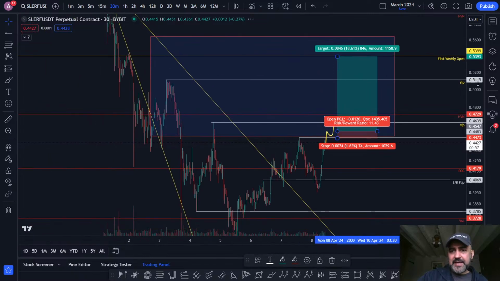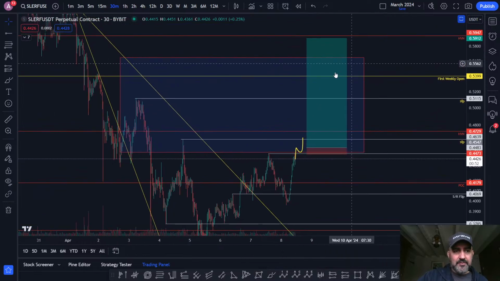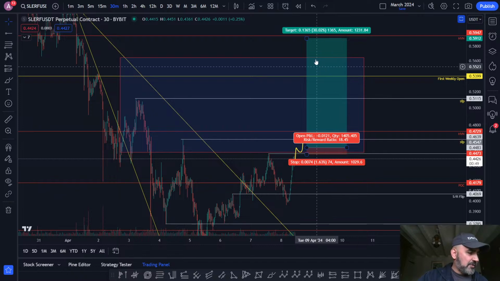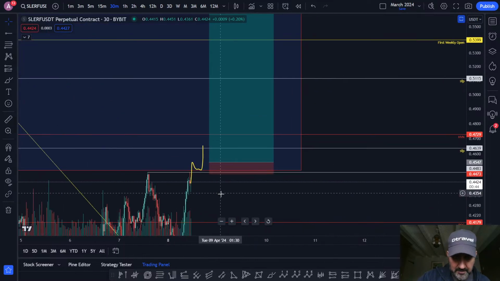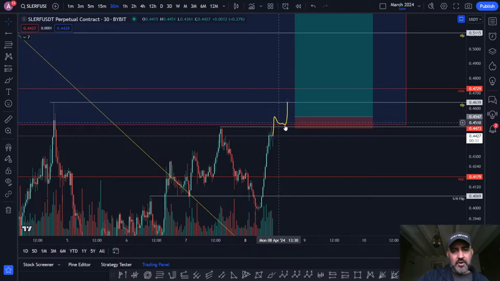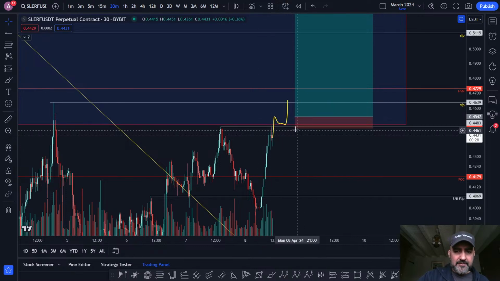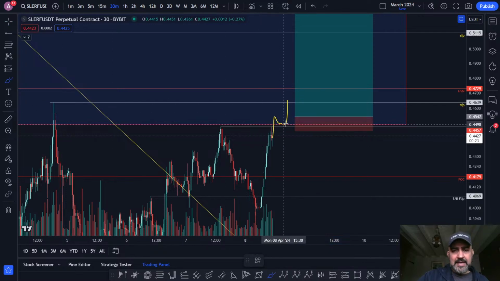I'm looking at about 58 cents or 60 cents. That's kind of what I'm aiming for. Hopefully we can get a little bit of FOMO and a little bit of short squeezing to get us up to those levels. So I don't know if I would just blindly enter now, because we are into resistance. But if we do manage to flip this pivot into support, then you're not buying into resistance, you're buying on support, which is what you want to do. And then you have a much tighter invalidation, because if you go up and it doesn't work and fall back down,